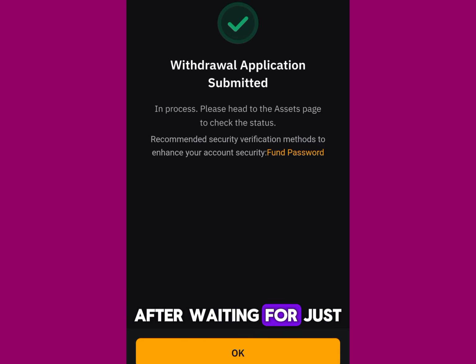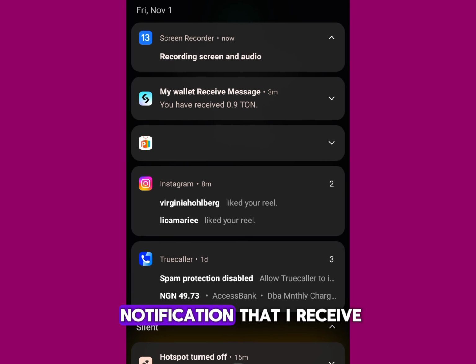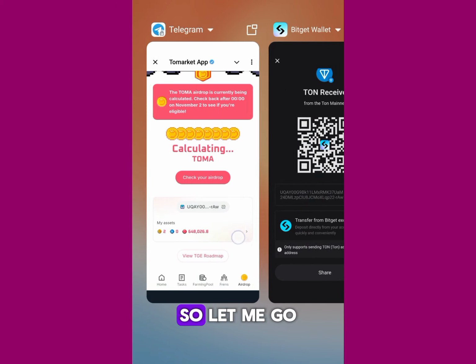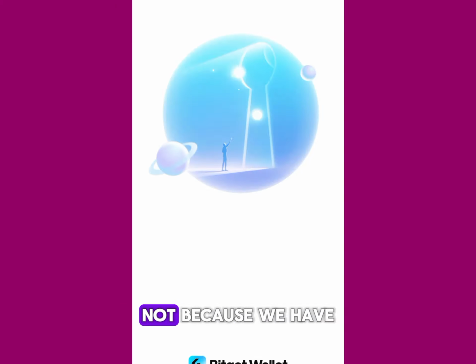A few moments later. So guys, after waiting for just 15 minutes, I actually got a notification that I received 0.9 Ton. So let me show you the result over here. So let me go back to my Bitget wallet. It's going to load up, because we have closed it for a while. So I'm going to refresh my screen to show you. As you can see, we have